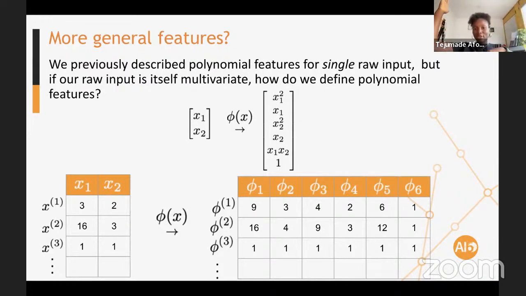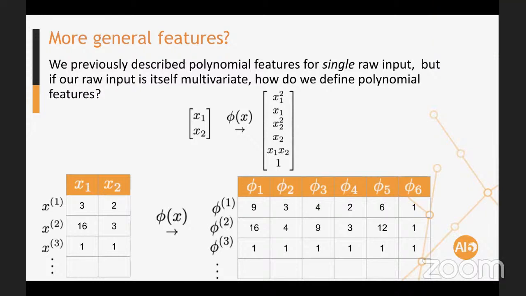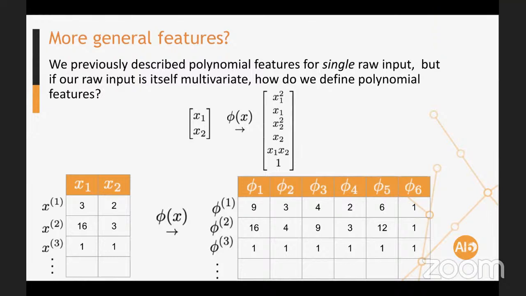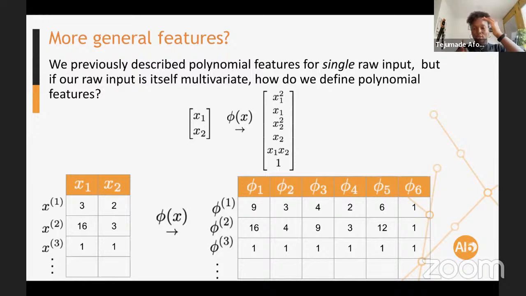So for the concrete example, you have x1 for the first training example is 3, and x2 for the first training example is 2. So you have 3 squared, which is 9. Then you have 3, which is the second one, and then you have 2 squared, which is 4. Then you have 2. Then you have 3 times 2, which is 6. Then you just carry over the 1.